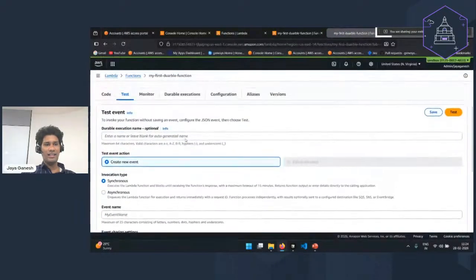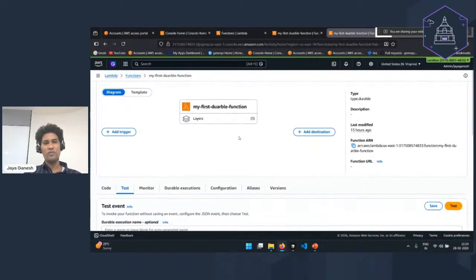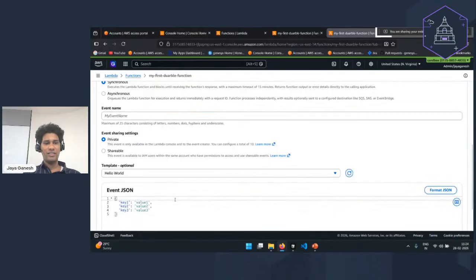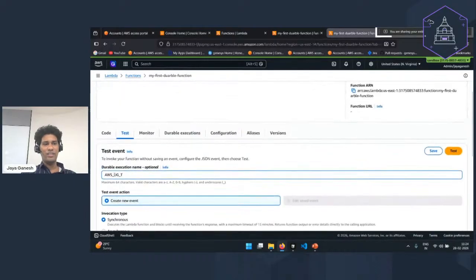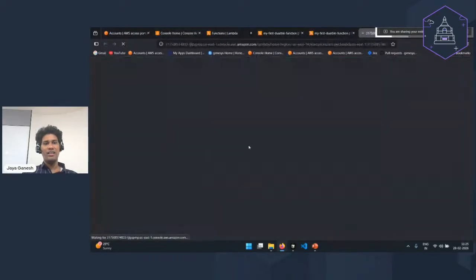If you see here, this particular Lambda function, this durable function, has a wait of 2 seconds. I'm going to give here AWS. It's nothing, just the hello world. So I've just given this execution name, and I'm executing it. What we expect to happen here is, if you see here,